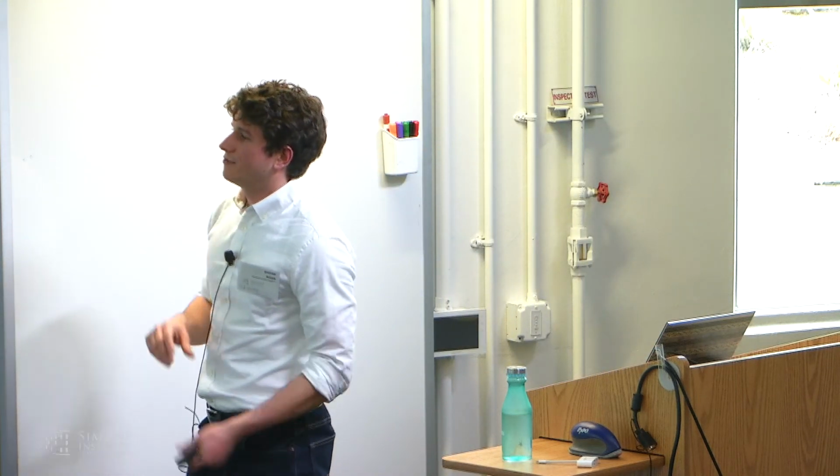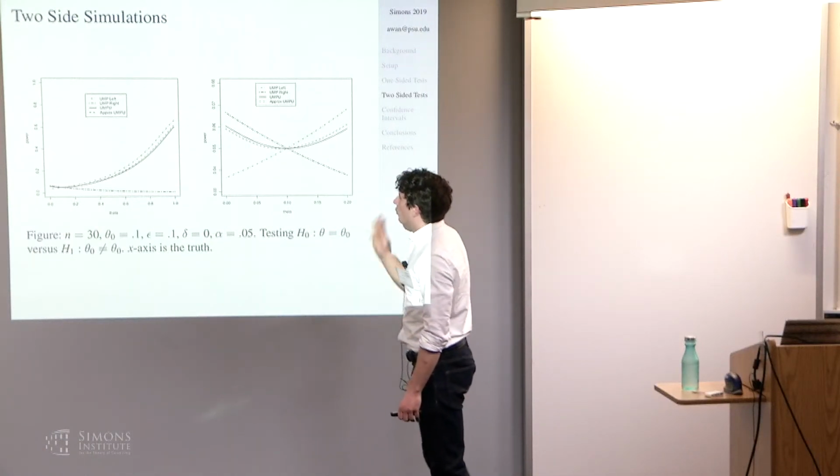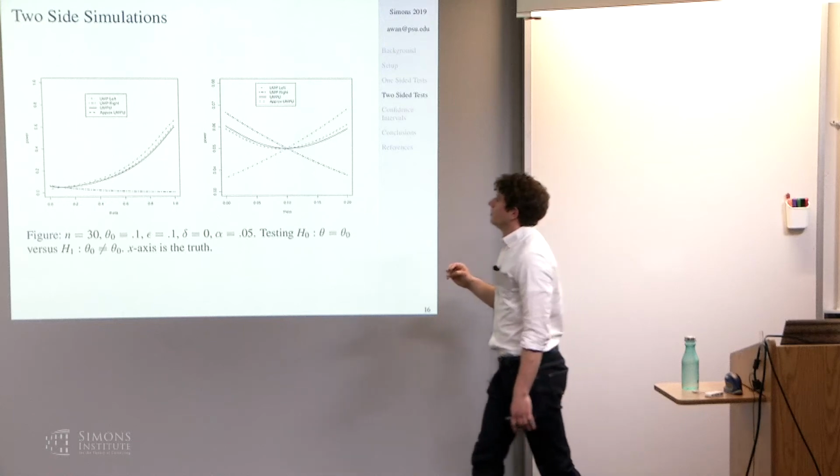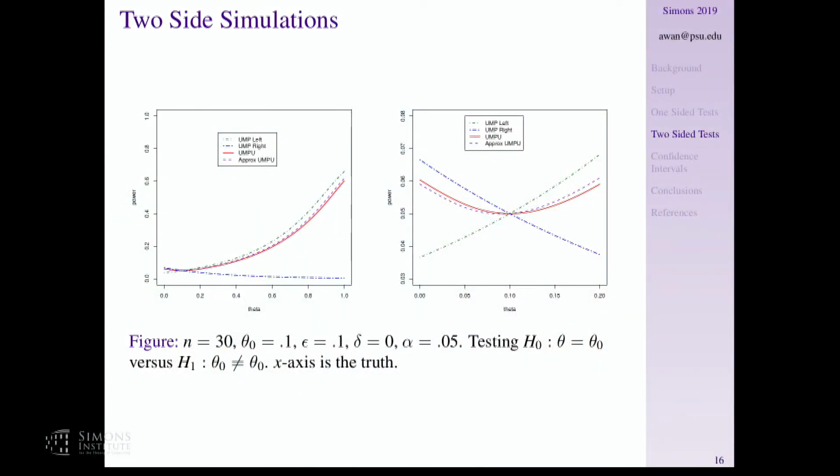So here we have a simulation. So there are 4 curves here. So what are the 4 curves? We have the one-sided tests in green and blue. So this is not the one you want to pick, because the null is that theta is to the right of the value, and so we get less and less evidence as we observe things to the right. The left one would be the most powerful test for testing that theta is less than it versus the right. So that's an upper bound for any two-sided test.